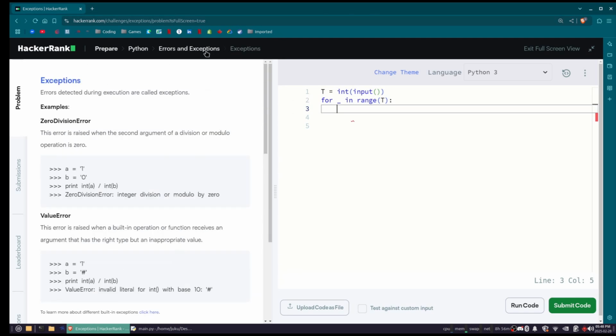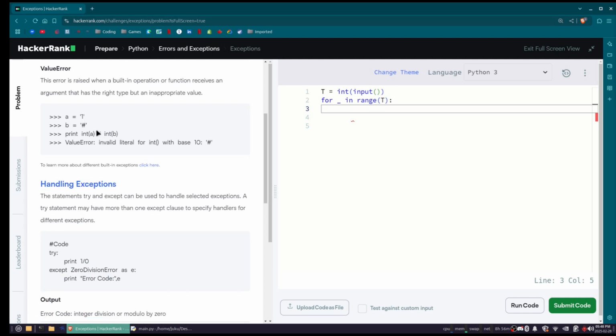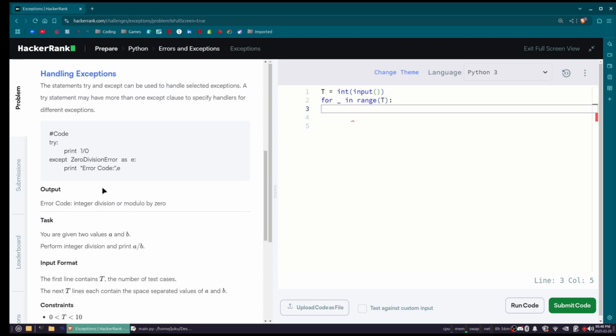Oh, and this is kind of obvious, but when you go to Python, there's a category called errors and exceptions, and this one is just called exceptions. And it's going to give us a number of inputs, and we just have to check